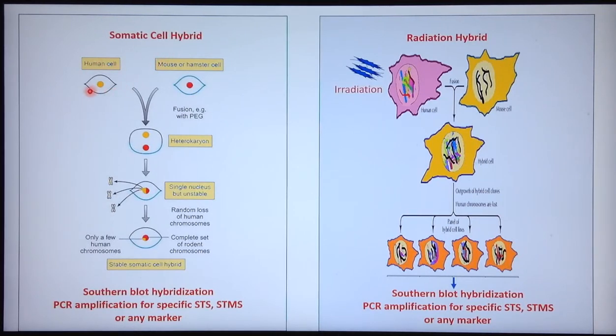Somatic cell hybrid can be developed by fusion of a human cell with a hamster cell, resulting in a heterokaryon. Finally, fusion occurs and there is selective loss of human chromosomes, and the loss is random. So only a few human chromosomes are represented, but it has the complete set of rodent chromosomes. So in 1975, Henry Harris and Stephen Gauss used radiation to induce breakage in the human chromosome present in the hybrid cell to divide a given chromosome into small fragments, most of which were subsequently lost, which permitted localization of genes to small chromosomal regions.